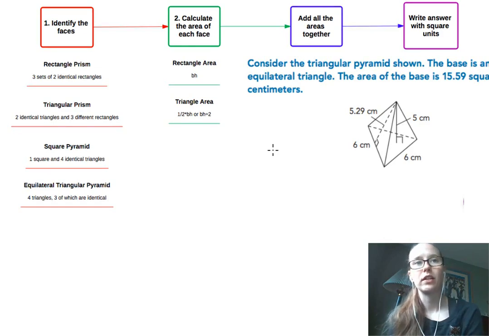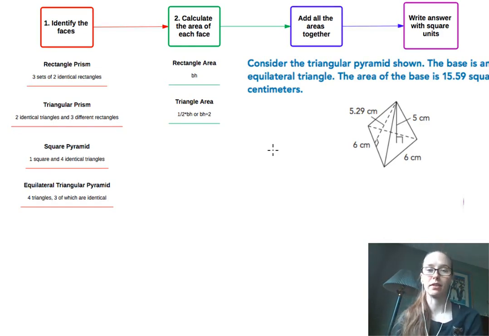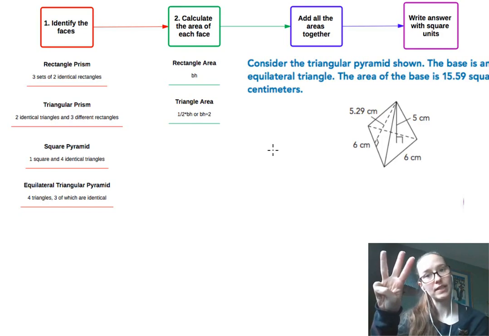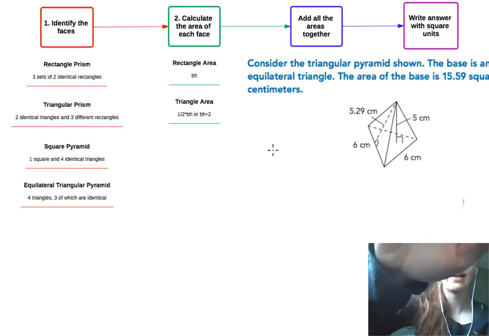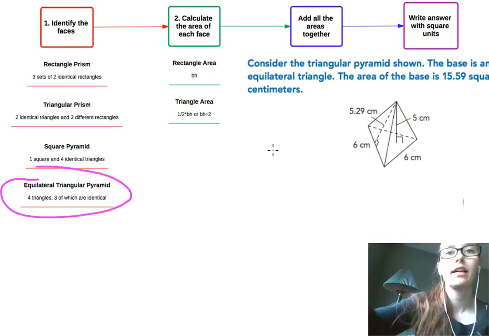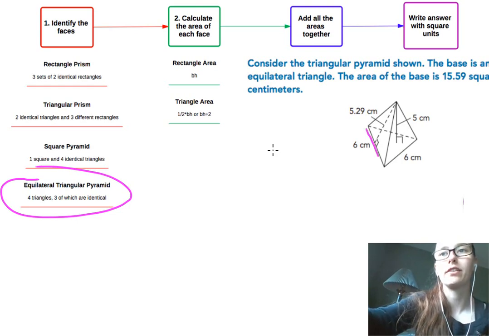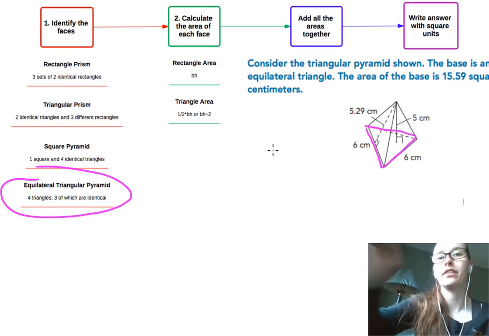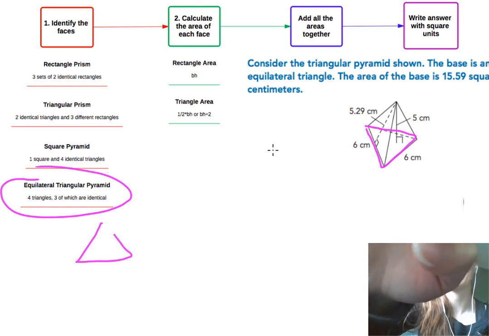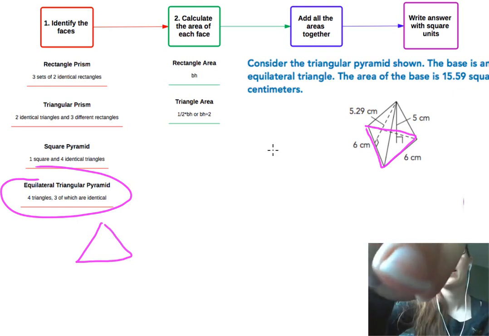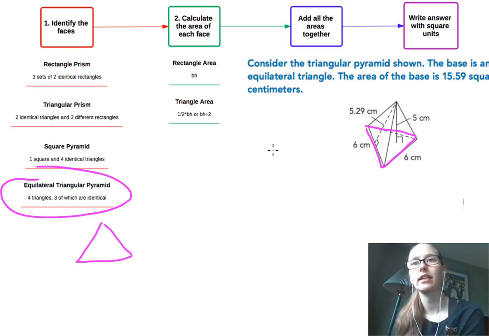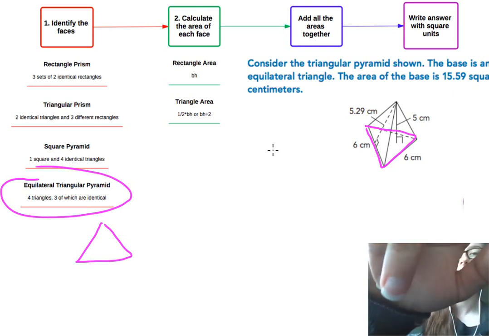In 7th grade, you will be looking at equilateral triangular pyramids. Equilateral means all 3 sides are the same. That means we have 4 triangles, and 3 of which are identical. The one that is not identical is at the base, and that's our equilateral triangle. And the directions actually tell us that the area of the base is